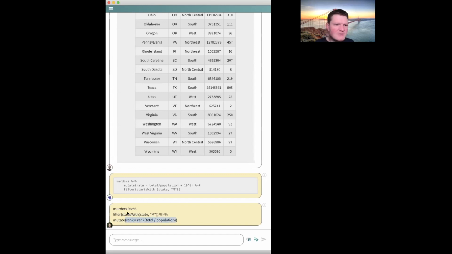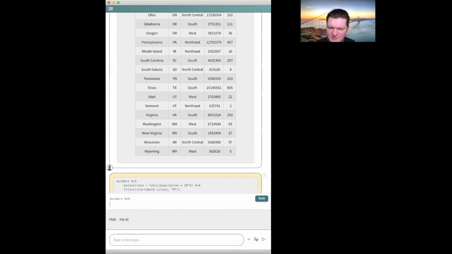So let's walk through this together to make sure we're all on the same page with this operation. I think this one had a lot going on. I want to make these exercises a little bit interesting so that you don't feel like you're just changing variable names. But when they get pretty interesting, they get hard to do in a minute or two. In any case, the first thing we're going to do is mutate to add a rate column